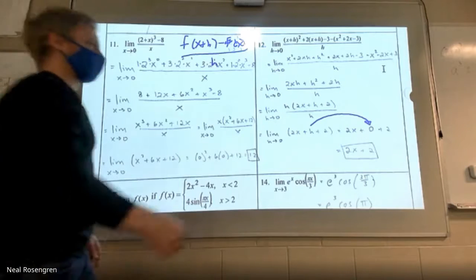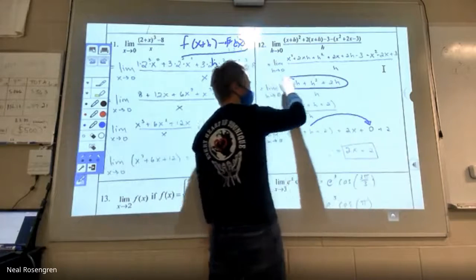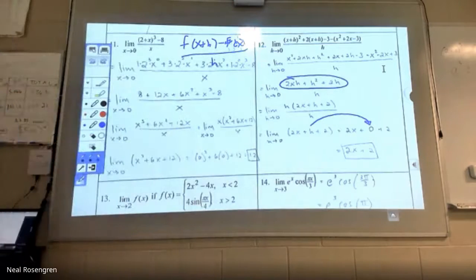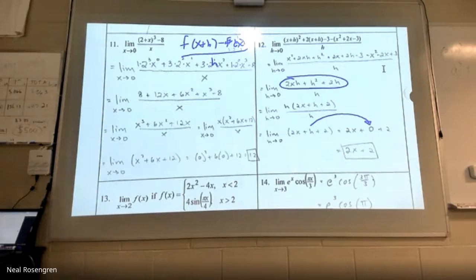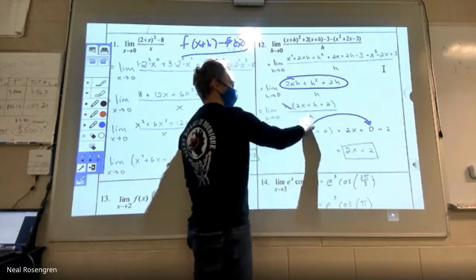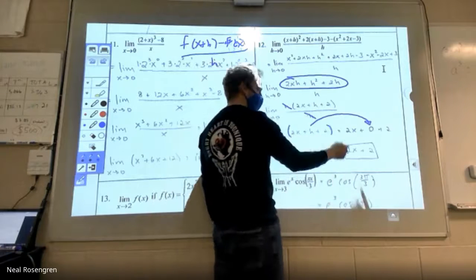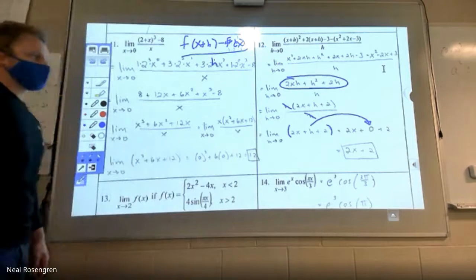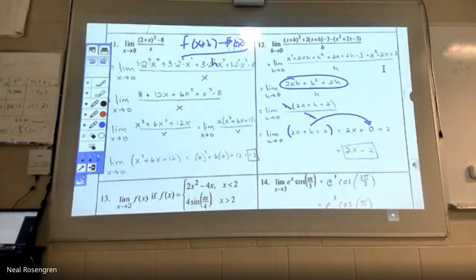And what we saw last time is that if you end up, after you expand and simplify, with everything having an h in it, you probably did it right. But if something does not, you definitely did it wrong. The difference quotient will always cancel out everything that doesn't have an h, sometimes even some of the h's as well. That's just lucky if it works out that way. But I need at least a common factor of h everywhere so I can divide it away. Don't forget the parentheses around this polynomial if you're going to take the limit still. Yeah, that's how that one looks.